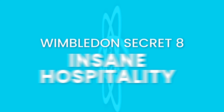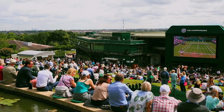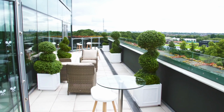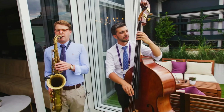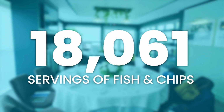Number 8. Insane hospitality. Wimbledon is the largest single annual sporting catering operation carried out in Europe. There are about 3,000 staff. Here are some of the quantities of food and drink served at the championships in 2019, showing just how big it is. 18,061 servings of fish and chips,